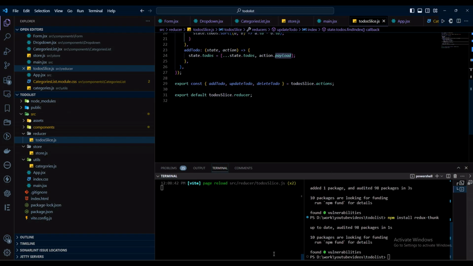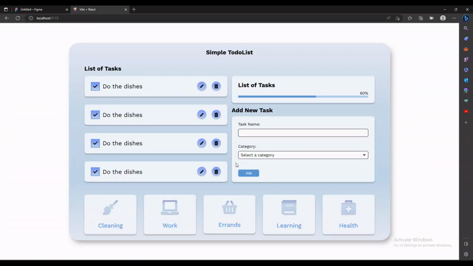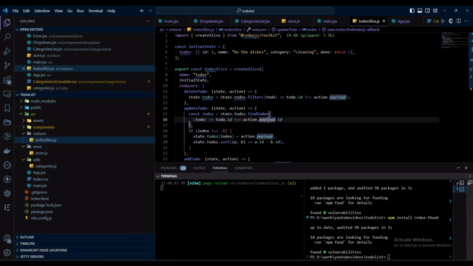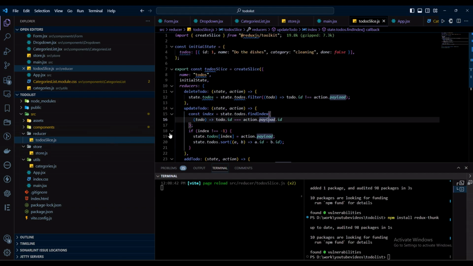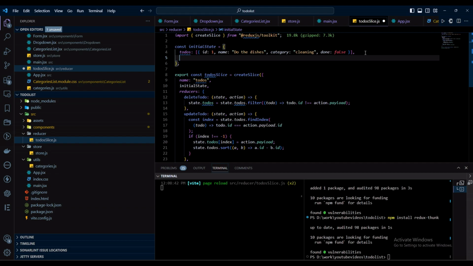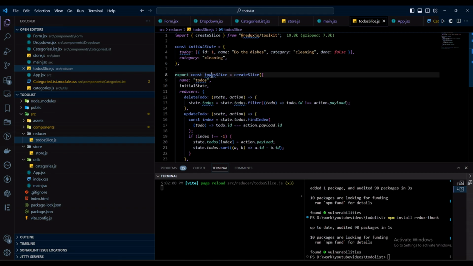Hello, so in this video we'll be continuing on our to-do list and we'll be working on the functionalities. Last time we did the Redux setup and now we're going to start on the functionalities. First, I'm going to add in the Redux category selected, and let's give it clean by default,